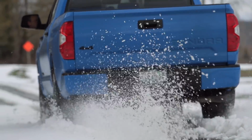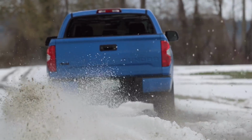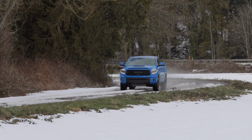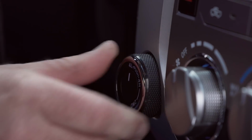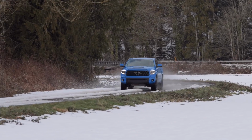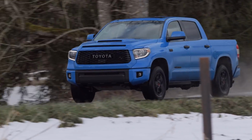Even in the lower lands, there was still a lot of slush on the roads, and here is where the nose gets a little squirrely. This truck isn't a precision tool by any measure. This is where auto switching to all-wheel drive actually would have been really handy. Instead, I have to stop, switch modes, and start up again. And then when I get out of the slush, I have to stop, switch modes, and go back into two-wheel drive. Honestly, that was fine several years ago, but the Tundra, it's just really feeling its age